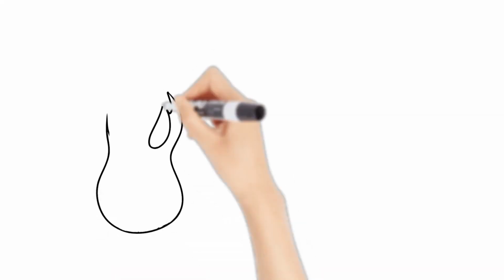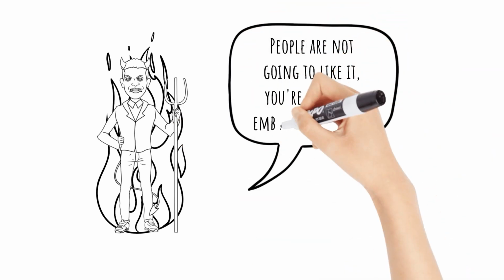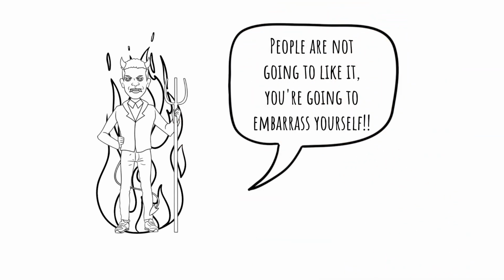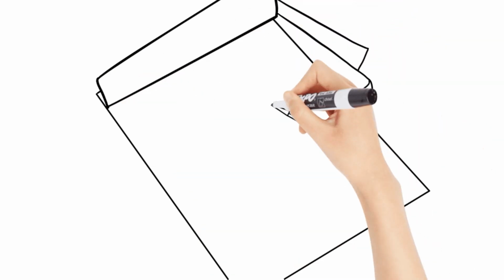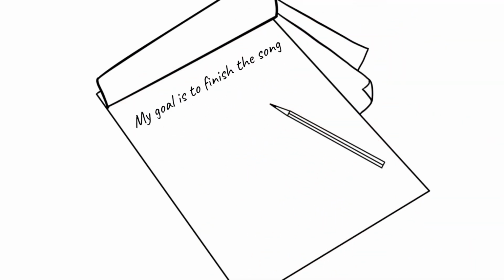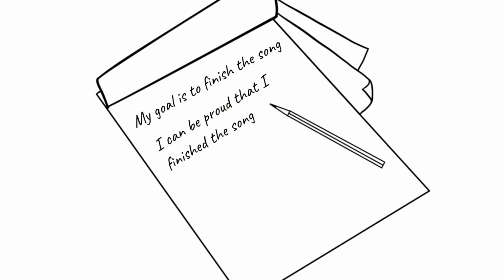Example, if your inner saboteur often says, I can't finish this track because people are not gonna like it and I'm gonna embarrass myself. Personally, definitely being there every single time. You could answer to that like, the goal of this track is to finish the song. My goal right now is to finish this song. So even if people wouldn't like this, I can be proud that I finished it. It doesn't need to be the number one selling song. I need to be proud that I have finished it. So if I publish this song, it's my tomorrow me's problem.